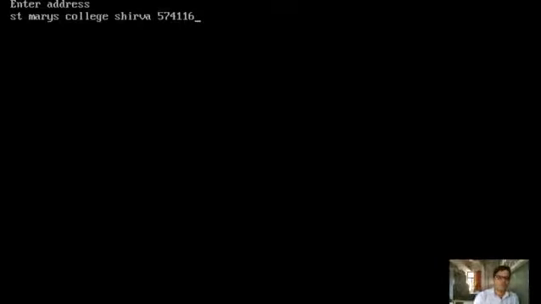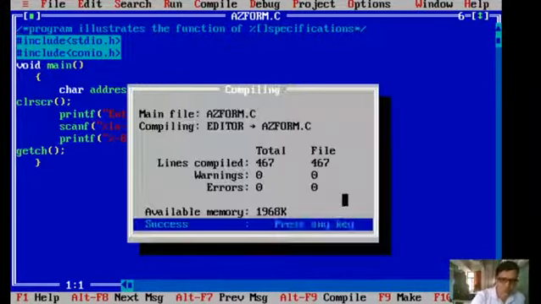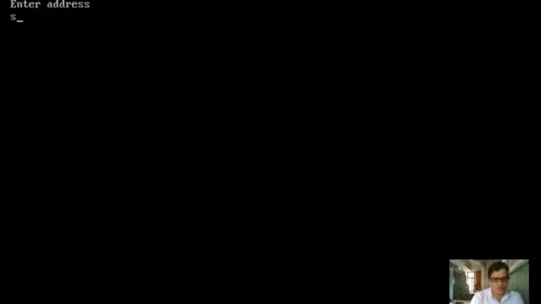Okay, if I press the enter key, once again it is giving only st. Why? After the st you have given a space, right? Even if it is not a dot, blank space is also a special character, hence it is giving st only. Once again I'm compiling and running.